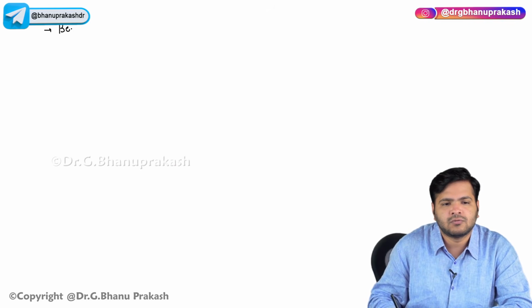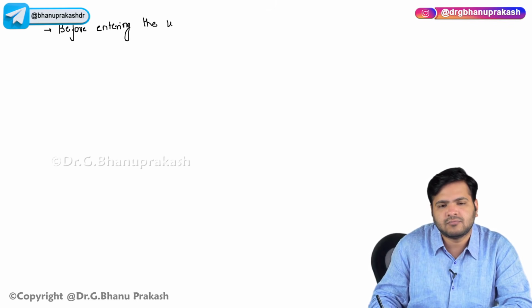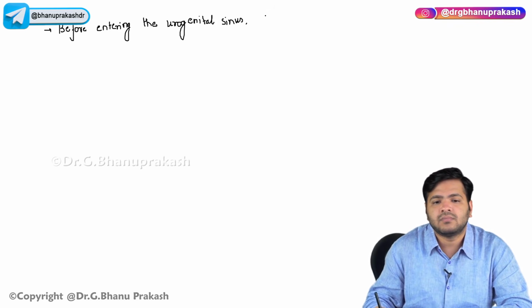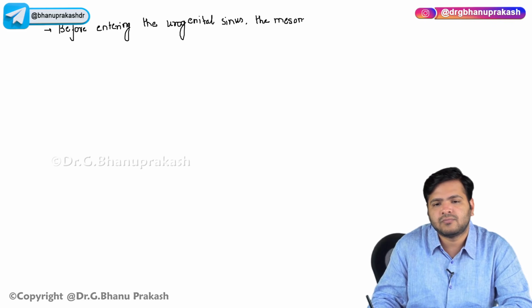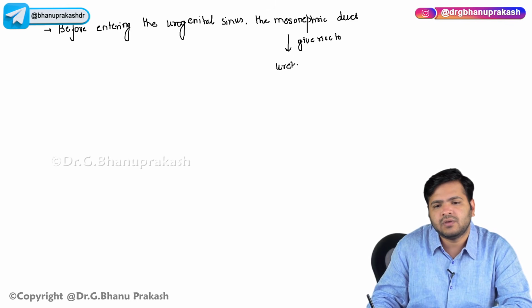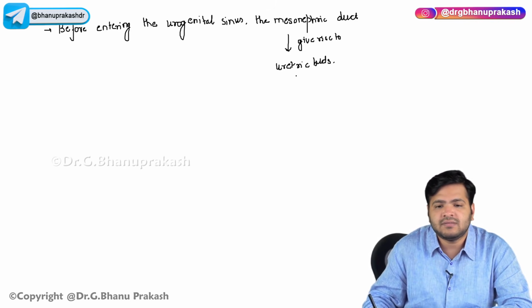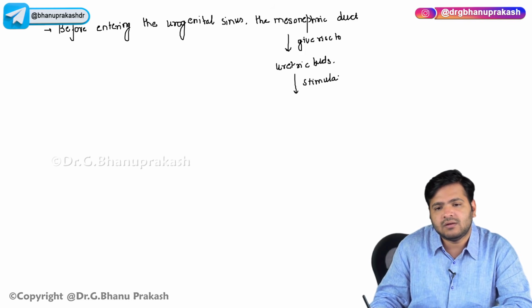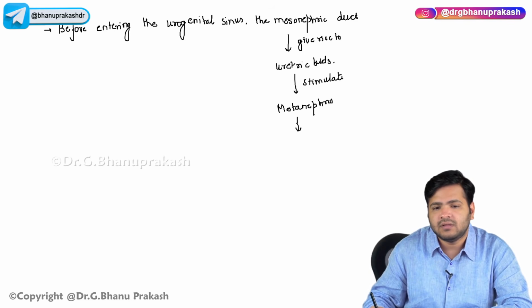So remember, before entering the urogenital sinus, the mesonephric duct will give rise to ureteric buds, and it will stimulate the metanephros to form the parts of the renal system,